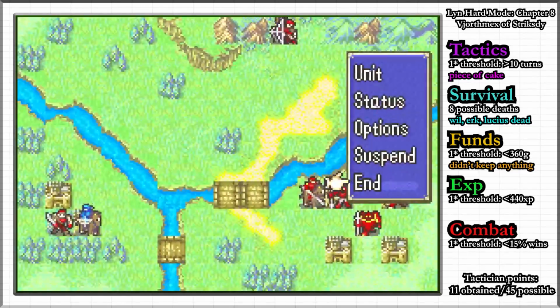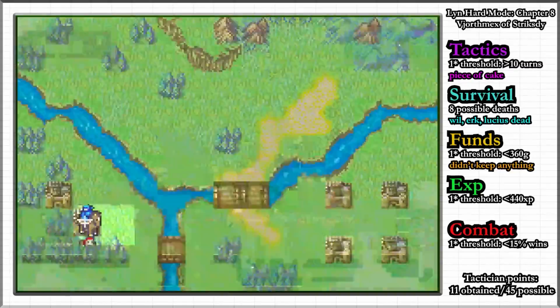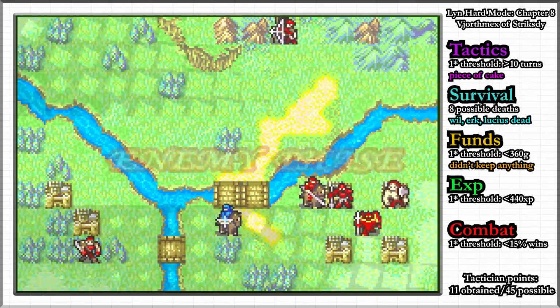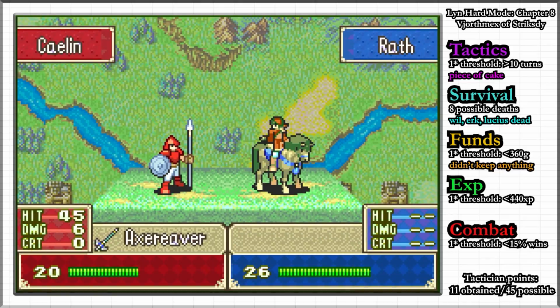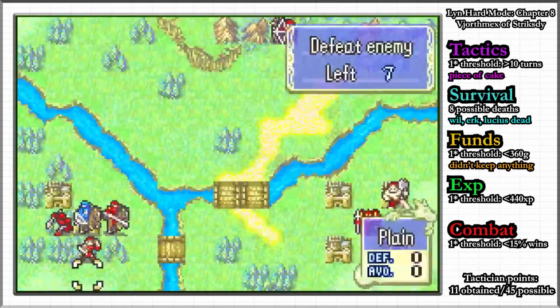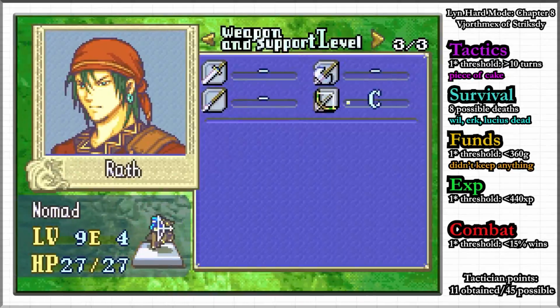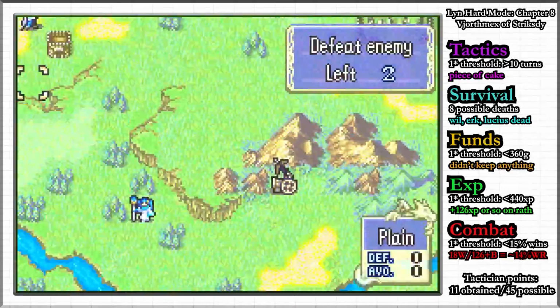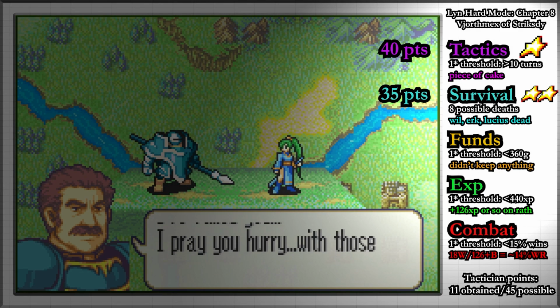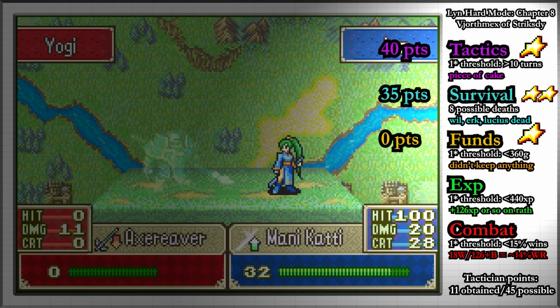Finally, for my combat rank, this map has 18 enemies, including reinforcements, meaning that I must have at least 126 combats to satisfy my sub 15% win rate requirement. Fortunately, this map has a fort which is a source of infinite healing, so I send Wrath over there to take hits. I finish routing the enemies and complete the map with a 1-star tactics, 2-star survival, 1-star funds, 1-star